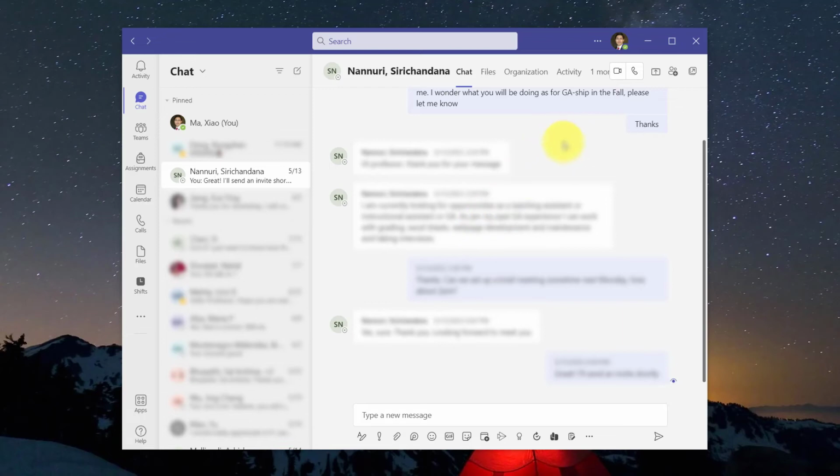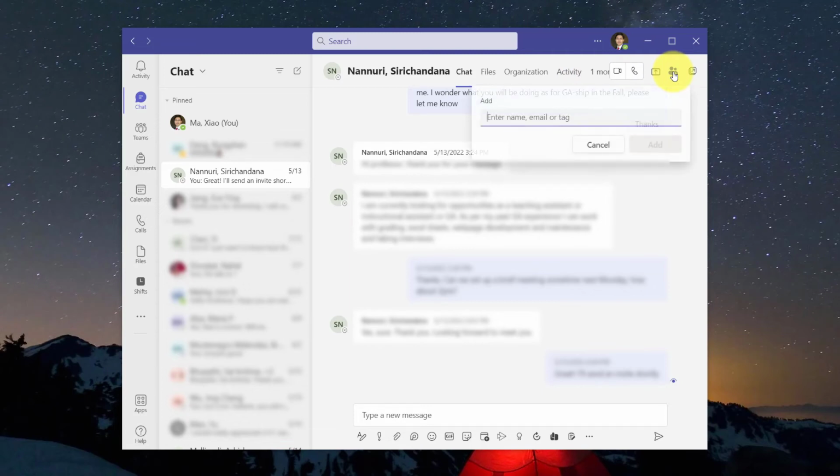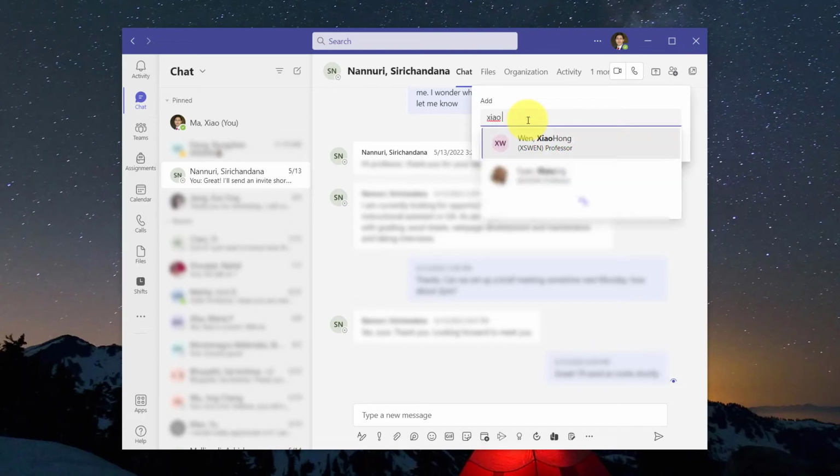Now, you need to add me into the conversation to make it a group chat. The way to do that is to go up here and click Add People. Now an additional search bar will show up here and you will search for me. Type in my name as shown up here.